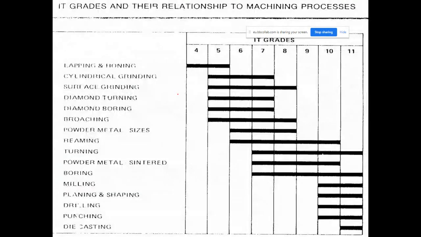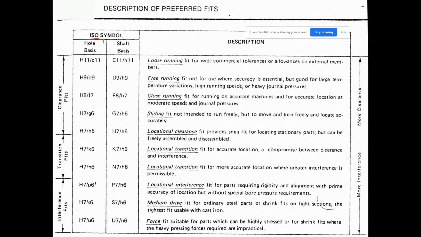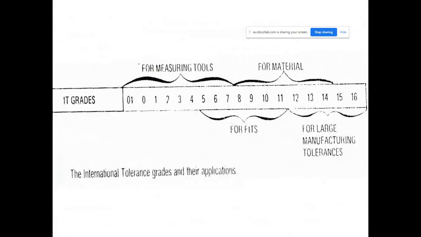In this regard, don't forget, latest in the exam, make the recommended tolerance grade selection from this column. Although in this table we have a shaft basis column, seldom do we make the selection from shaft basis, because the shaft basis technique is impractical to apply. Make the tolerance grade selections from the hole basis column. Okay, don't forget. And then one more thing, IT grade.